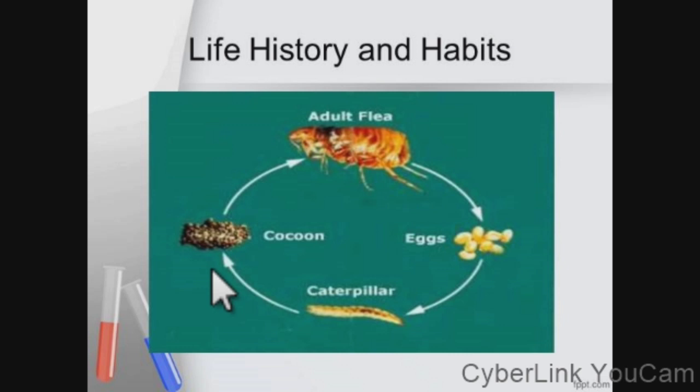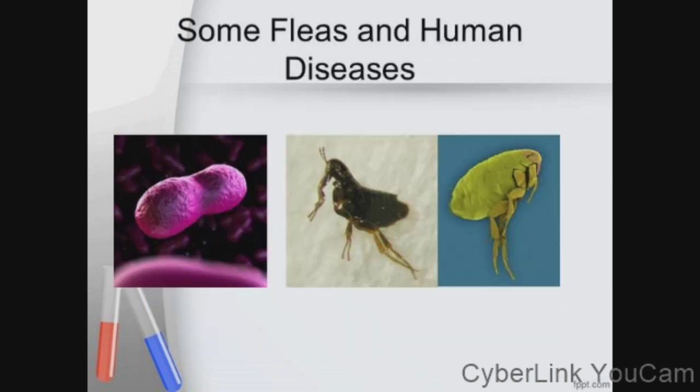The fully formed adult may lie quiescent for an indefinite period of time before it becomes active and attempts to infect a host. Some fleas and human disease: the bacterial causative agent of plague, Yersinia pestis, is transmitted by fleas from rodents to man. While the flea continues its attempt to feed, bits of bacillary mass break off and are injected into the host. And lastly is